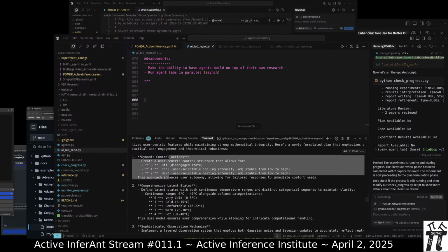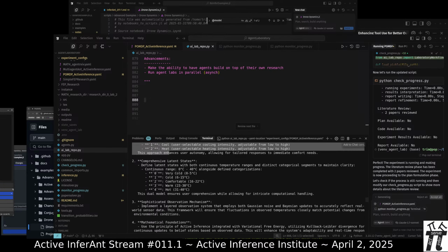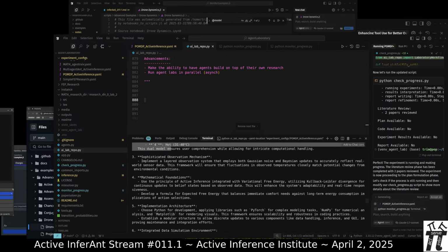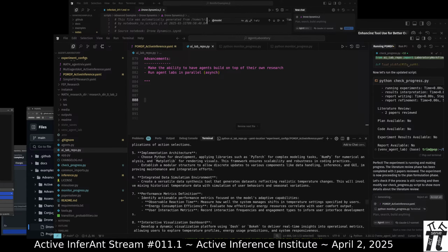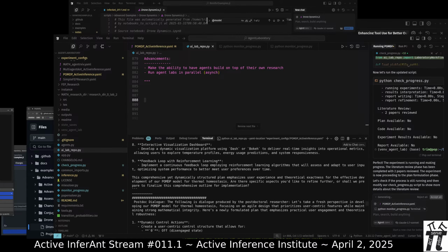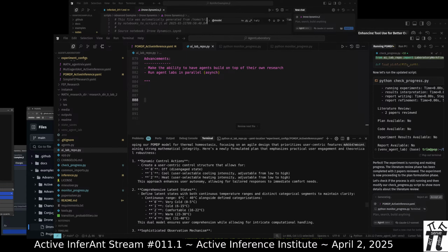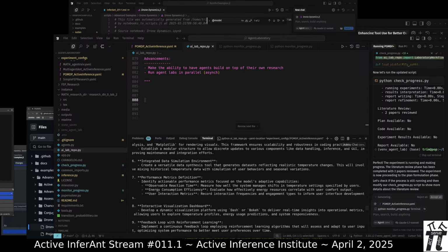3 action states of the POMDP. 5 continuous bands on a continuum, making a discrete state space, a 5 option latent space. So it's laying out different aspects. Certain parts of it are repeating things. It could just be logging.